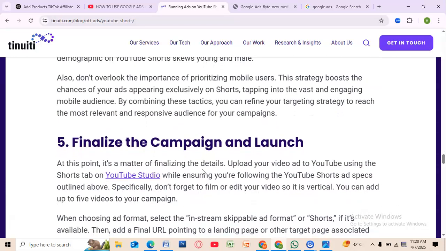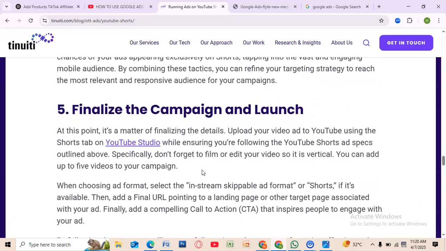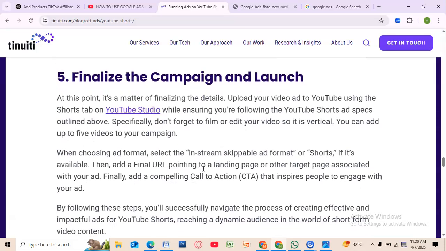Almost there. Upload your video to YouTube Studio and make sure it is in vertical format. That's the standard for Shorts. Once your video is ready, go back to Google Ads and select in-stream skippable ad format or Shorts if it's